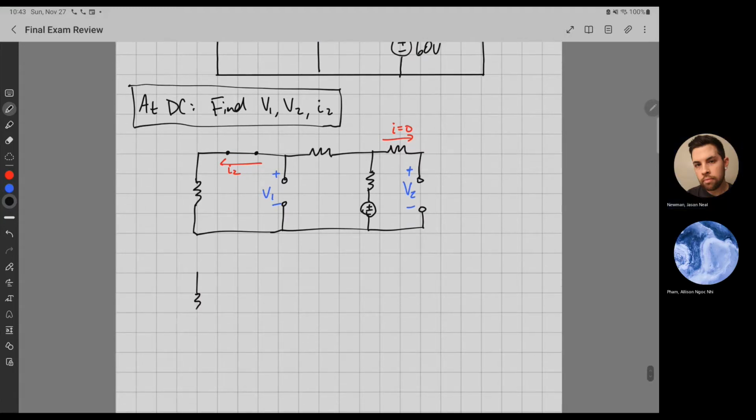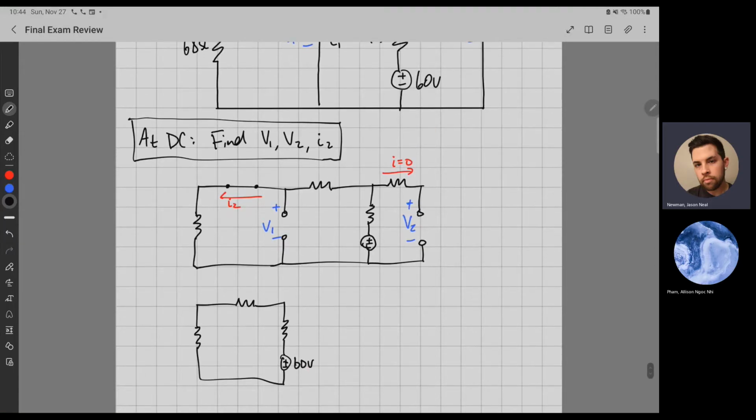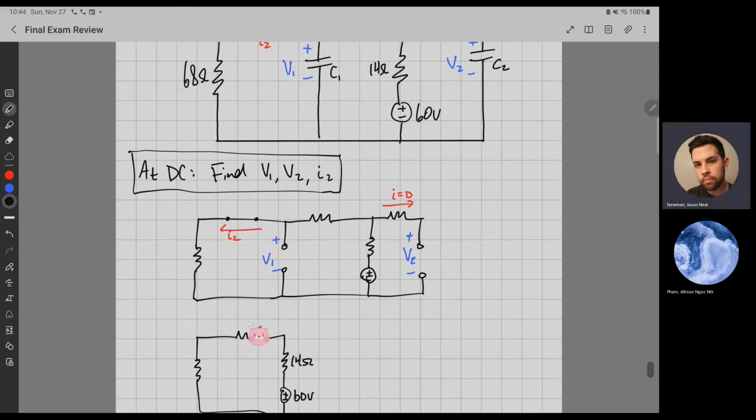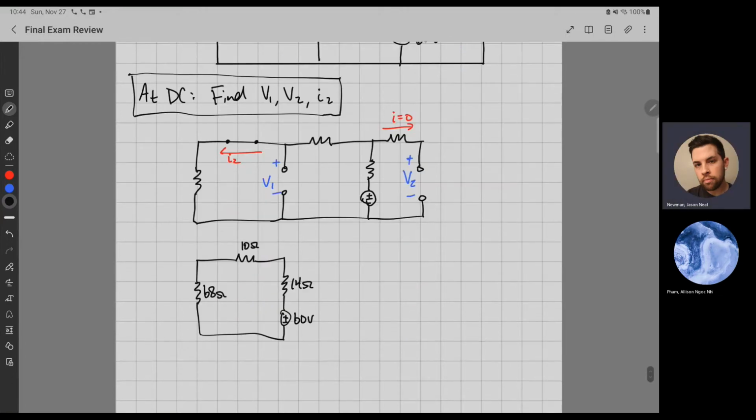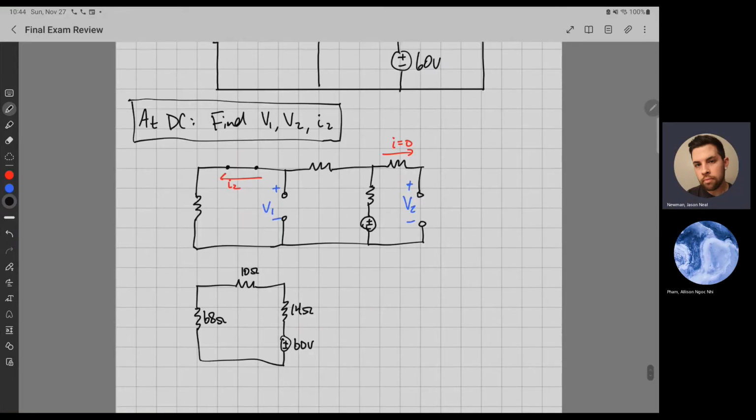Because that's really all that's there. Under DC conditions, this is what you really have. And so let me actually draw these values since these are the ones we're going to use. And this one's 10, and this one's 68. Okay, so that's pretty easy for us to find the current through this,